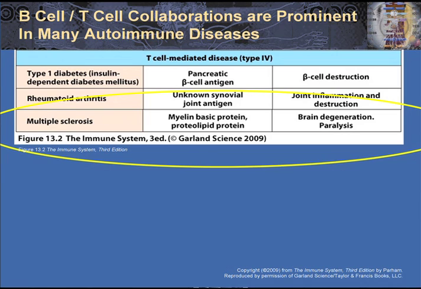Now at the bottom are a set of different diseases in which we think T cells are really dominant in pathogenesis, recognizing specific autoantigens and inducing immune responses that result in injury to different tissues. These are relatively common diseases like diabetes mellitus, rheumatoid arthritis, and multiple sclerosis. So we're going to focus a little bit more closely on multiple sclerosis, in which there are a number of